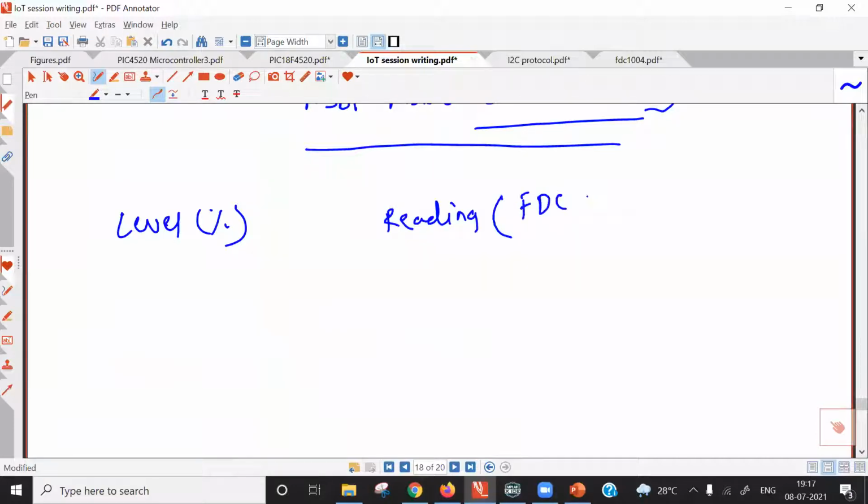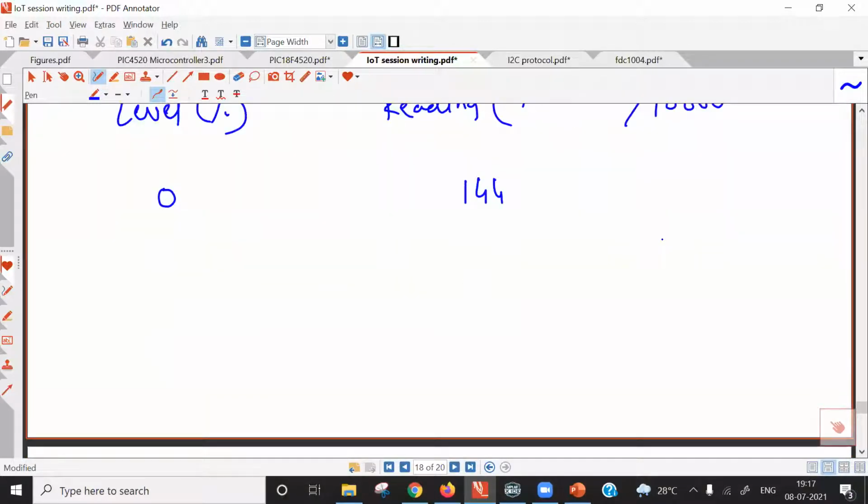So data coming from FDC data divided by 10,000. For 0% level, our number was 144. And when our tank was full, 100%, this number was around 594.